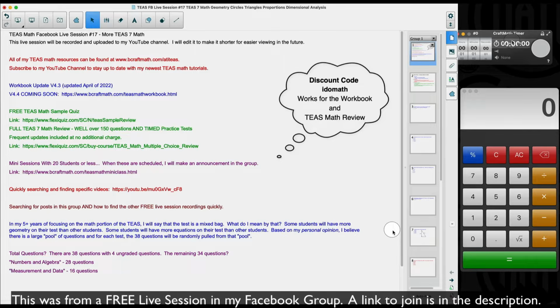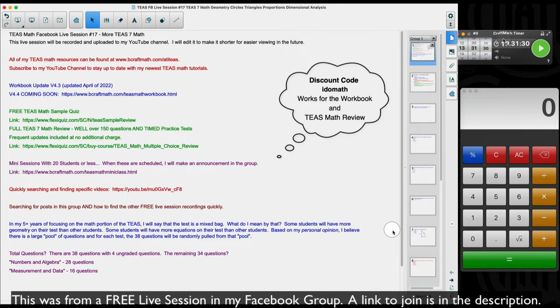Now, this session is interactive, and what do I mean by interactive? You do see a timer up here, and the average amount of time that you have is 1 minute and 30. Let me clear all this junk out. So the average amount of time that you have per question on the TEAS test is 1 minute and 30